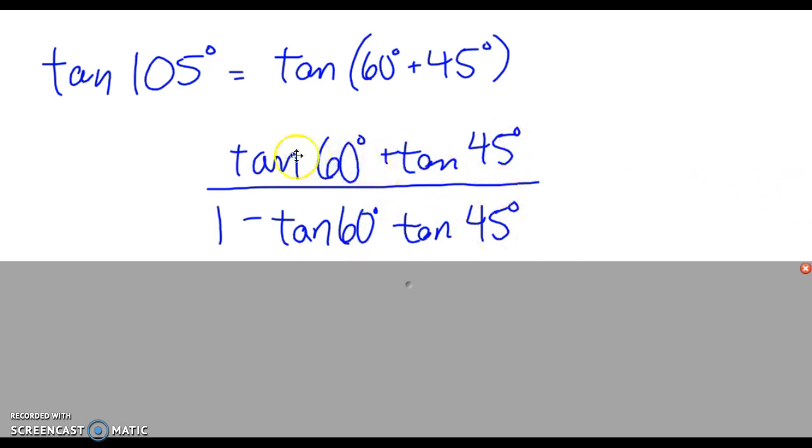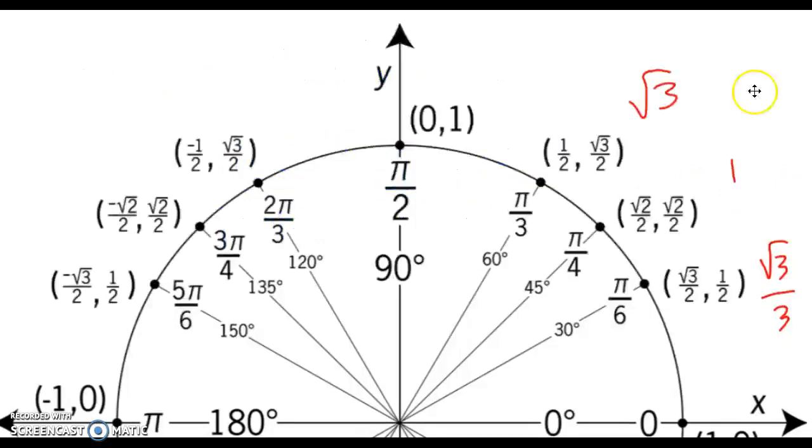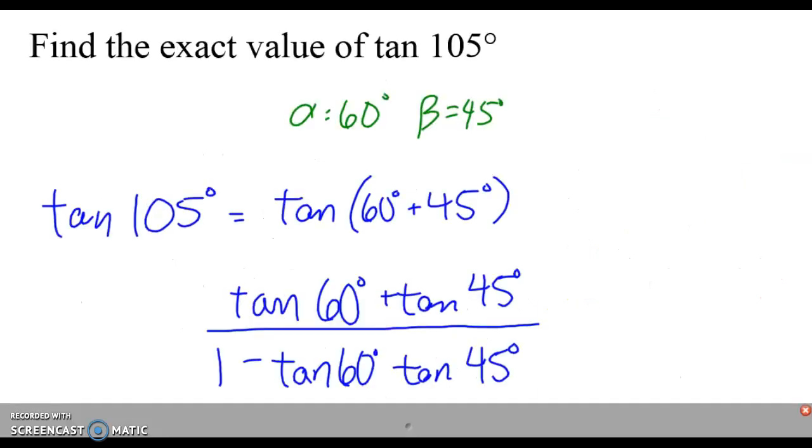Now what I need to do is all these tan 60s and tan 45s, I know those values from the unit circle. So if you've got your tangent values memorized, I'm going to replace tangent 60 with square root of 3. And I'll replace tangent 45 with a 1. So when I do that,